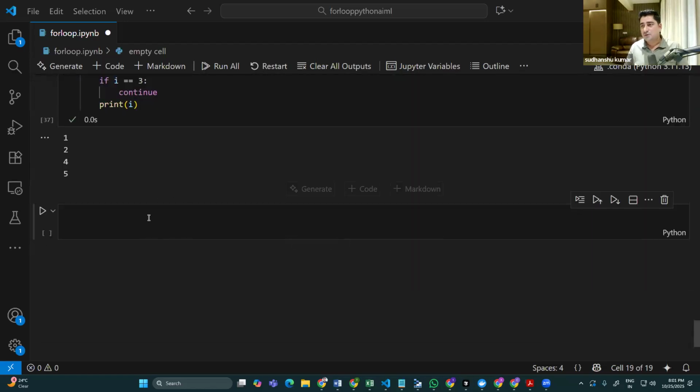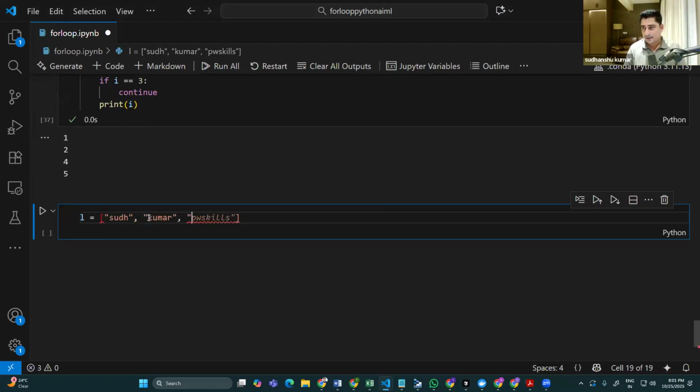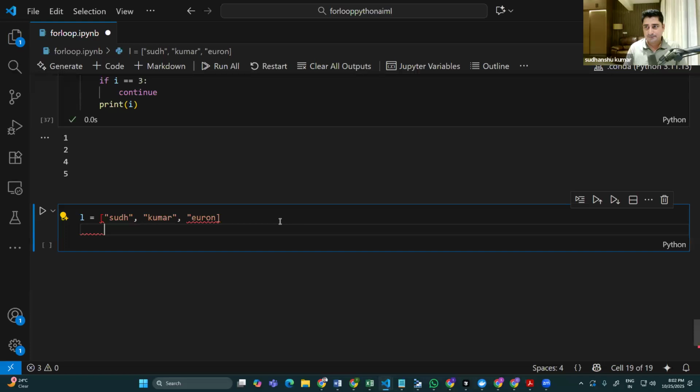Let me show you an example with respect to the while loop as well. So here, let's suppose I have a list, and inside the list I have SUDH, Kumar, and something like Euron. Something like this kind of list I have. And in between I have some blank data. Now, if I ask you to try to extract data from this particular list one by one,